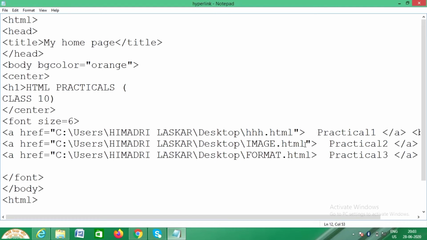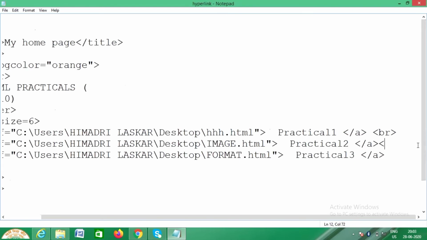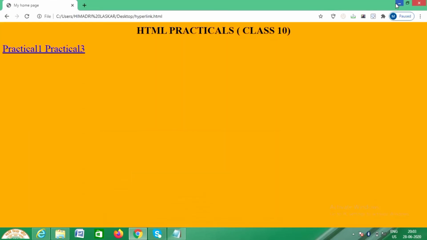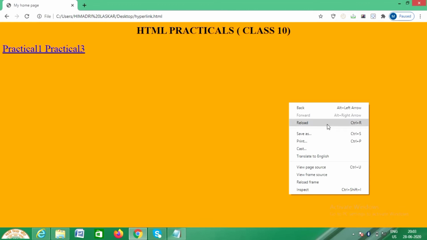So students, see, small things if we do not give, it will not come. Again we need to give here a br because we need it to appear one by one. Okay, so again save it. Second time students, don't click on save as, click on save. Now minimize it, go back to your web page, right click and reload or refresh.